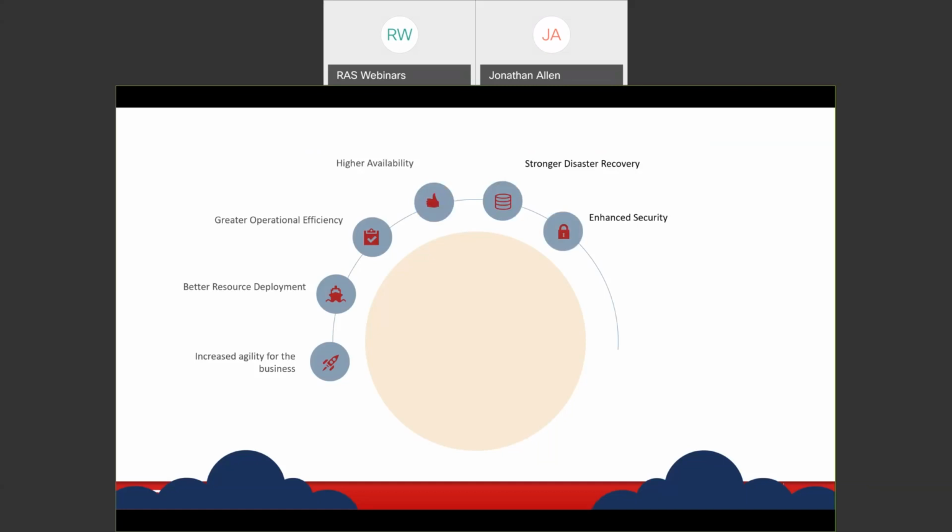Now this also leads to enhanced security. With anything that's virtualized, whether you're virtualizing an app, a desktop, or a server, the data rests in the data center or the remote servers. It eliminates the loss of data on local machines. Because the data is centralized, it's easier for you to detect and isolate threats or viruses that cause damage.